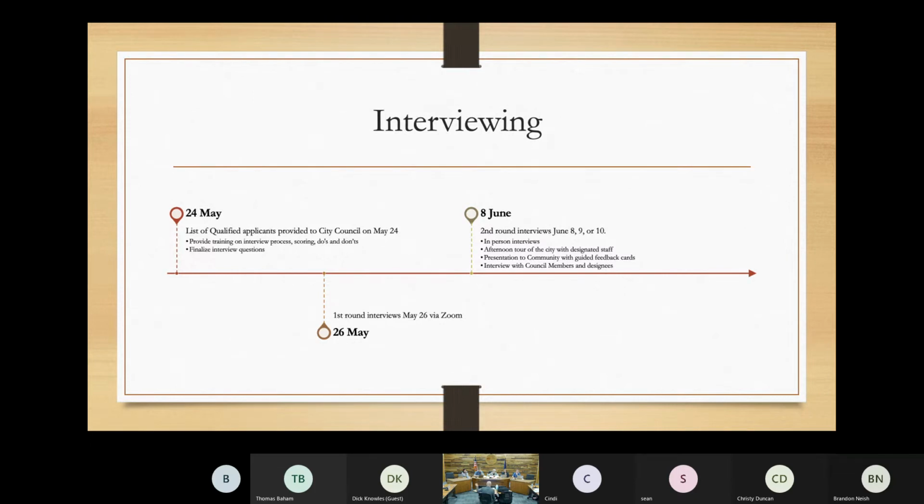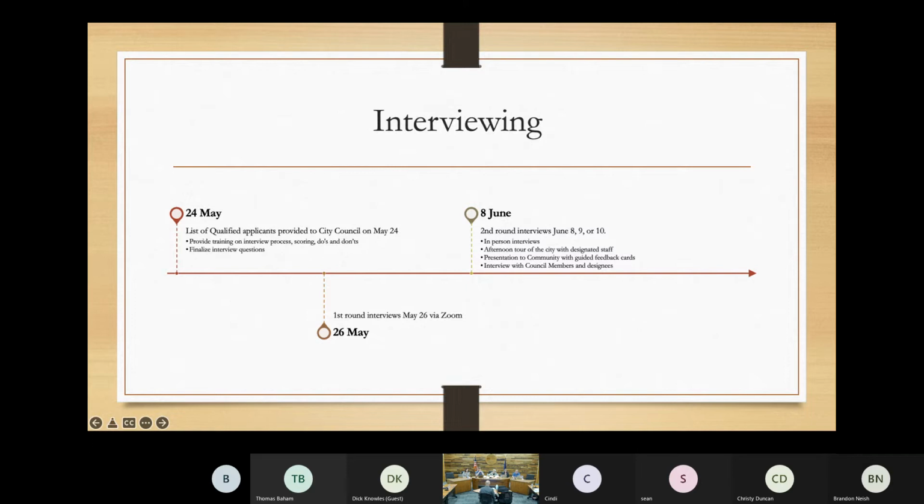The other thing that I didn't go into, and it's really hard to see the bullets in here right now, I wasn't sure how big the screens would be: on the 24th, I would like to do an interview panel training to walk through the scoring mechanism. The scoring mechanism that I've developed for the Council of Governments is, I will say, very legally defensible and keeps you out of hot water.